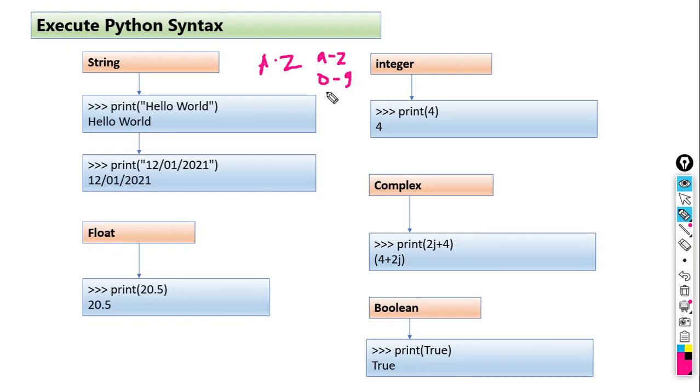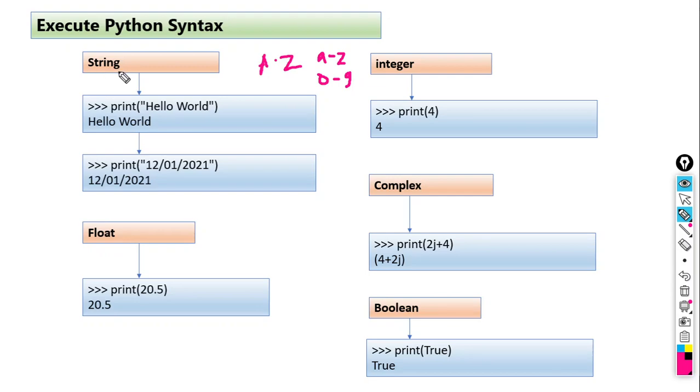Only A we can call a literal, a character. Only B again we can call a literal. But when we take ABC, what is that? A string. This string consists of three characters A, B and C. So string is a group of characters. We can make a string of capital alphabets, small alphabets, or combine capital alphabets with numerals. That is called a string.